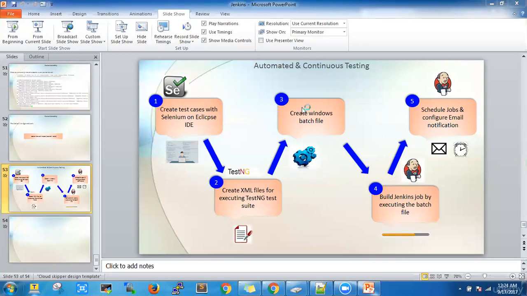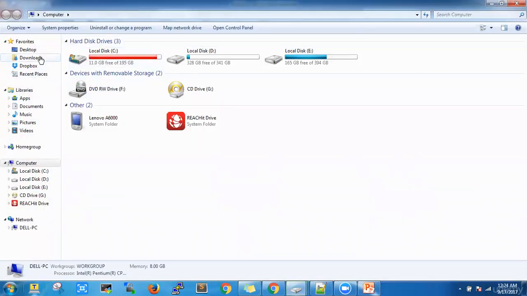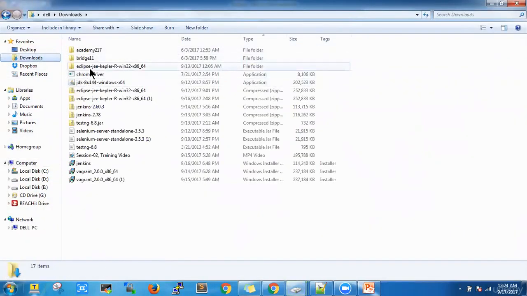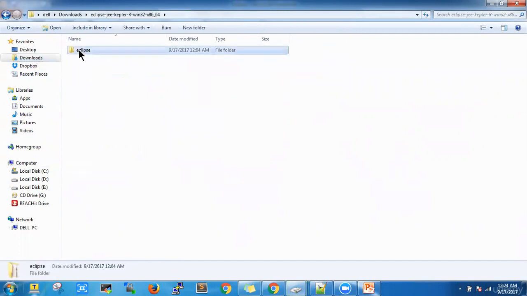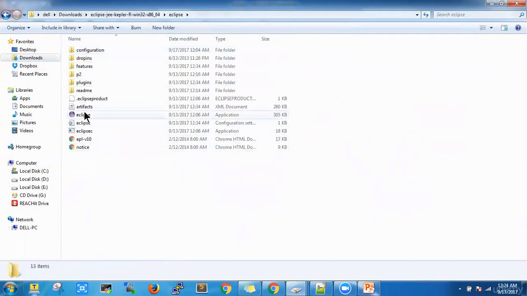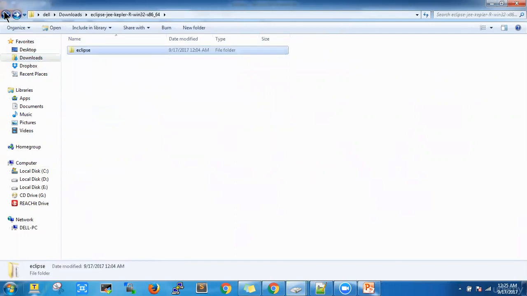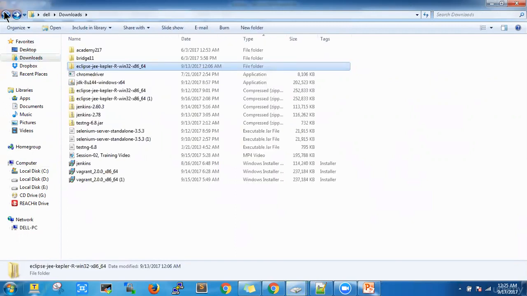Today we are going to install the next part, that is TestNG. So we need to first open our Eclipse. So we have here unzipped it, and here is the Eclipse. We're going to open the Eclipse, and we're going to start the installation of